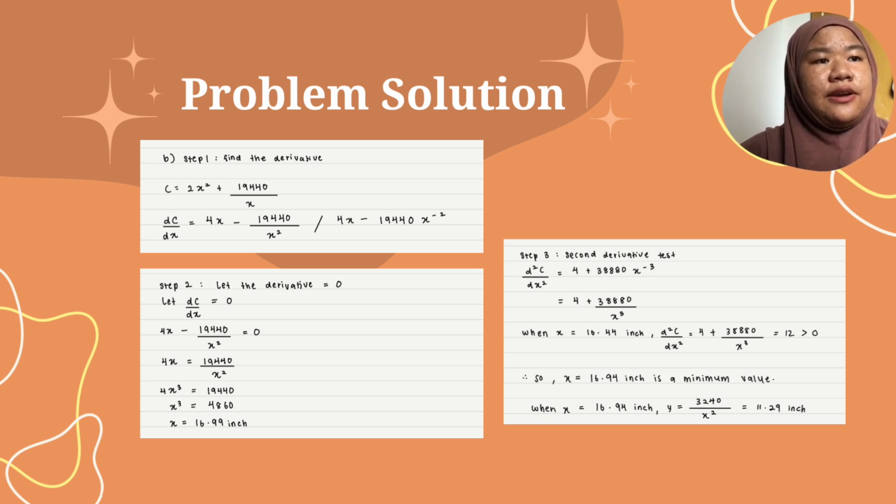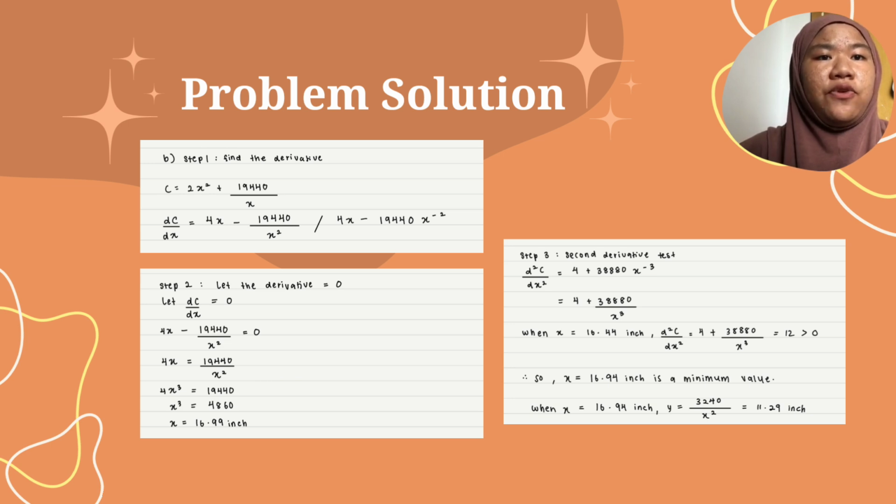After we got the derivative, we go to step 2, which is to let the derivative equal 0. So we let dC over dx equal 0. We substitute the dC over dx value, so it becomes 4x minus 19,440 over x squared equal to 0. We move negative 19,440 over x squared to the other side, it becomes positive, so 4x equals 19,440 over x squared. Moving x squared to the other side, it becomes multiplication, so 4x cubed equals